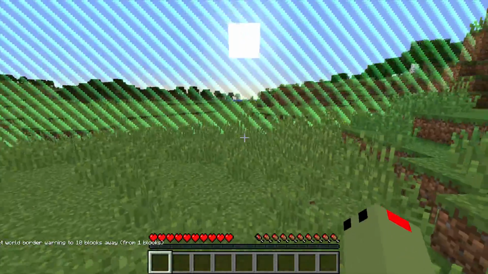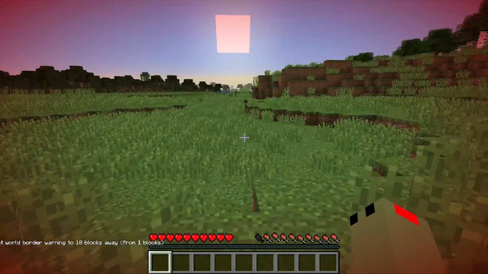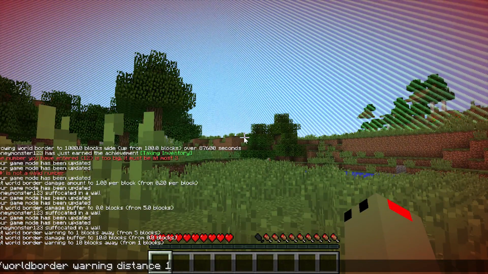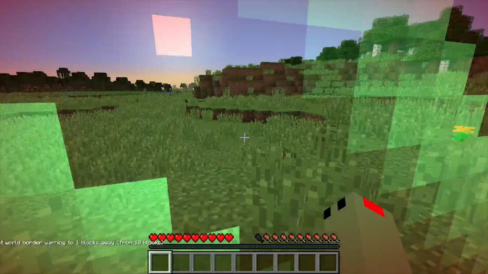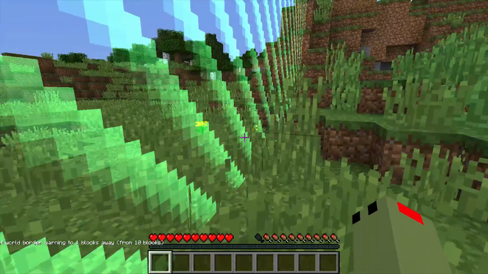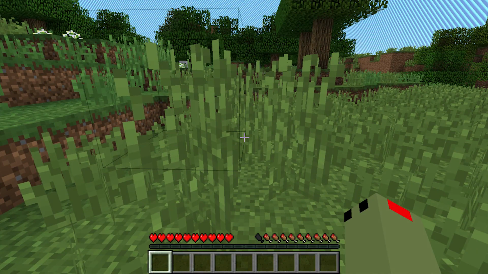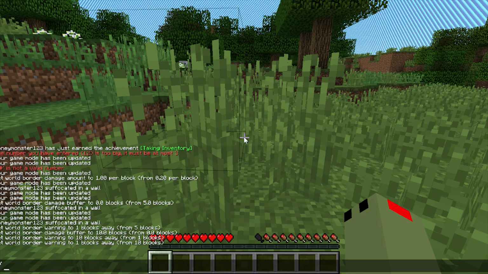So basically, if I set that to 10, as soon as I'm within 10 blocks of the border, I'll get a red tint, and it'll get more intense the closer you get. And then if you set it back to 1, you only get it when you're actually on the border. Just to remind you, because underground you can't really see it very well, I don't think. So yeah. Okay. The last command they have is slash world border